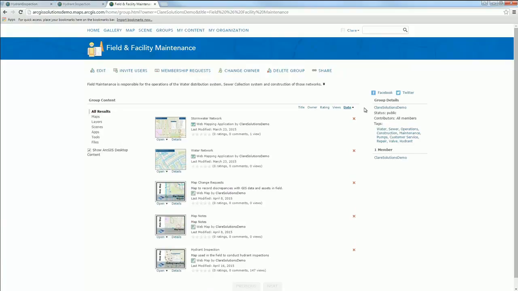Now, members of this group are able to access the hydrant inspection map. This group also includes some key maps and apps to help field crews do their work. This includes maps to view network assets and maps for redlining and map change requests. Having prioritized inspections, published and shared the service and map, field crews can use this map on their device to